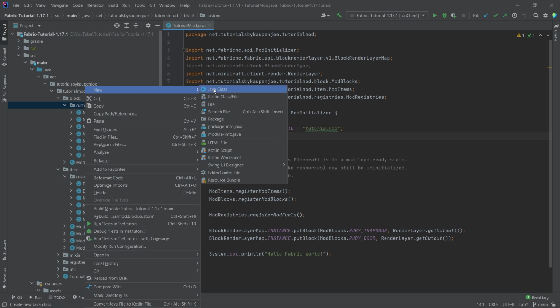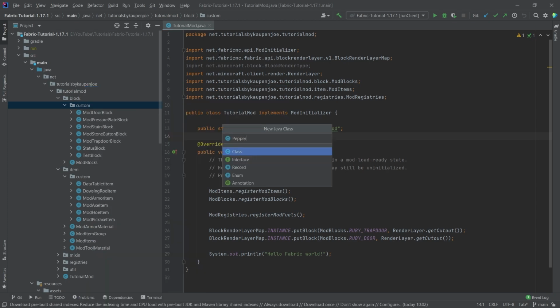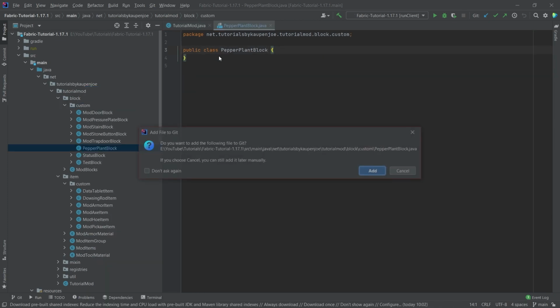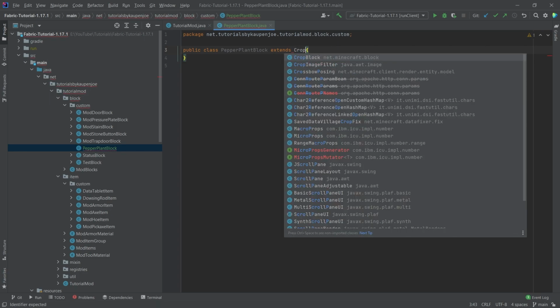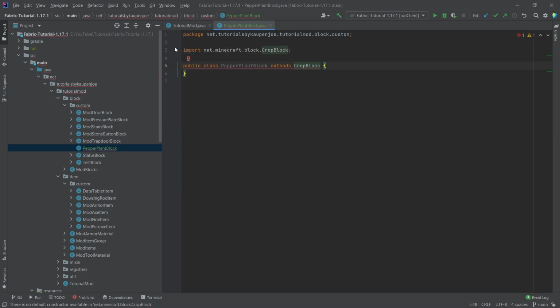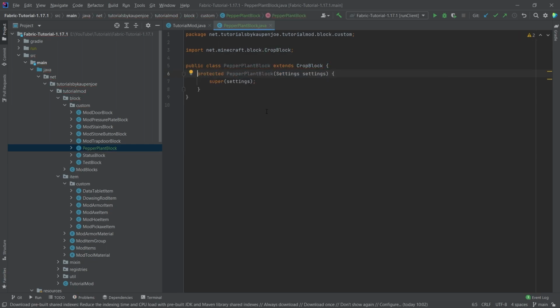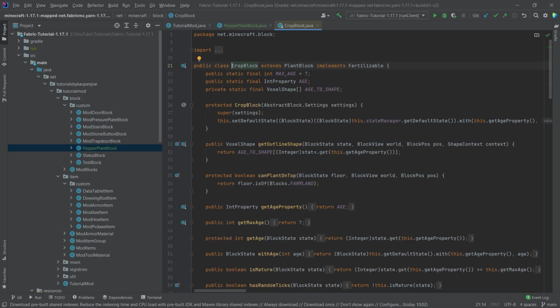here. So right click, new Java class, and this is going to be the pepper plant block class, which of course will extend the crop block this time, not the normal block. So that's one thing to keep in mind. Let's just create a constructor matching super, making sure that this constructor is actually public. That's very important. Otherwise, of course, we cannot create a new pepper plant block, which is not quite what we want. And let's middle mouse button click on the crop block, and you can see that this has,